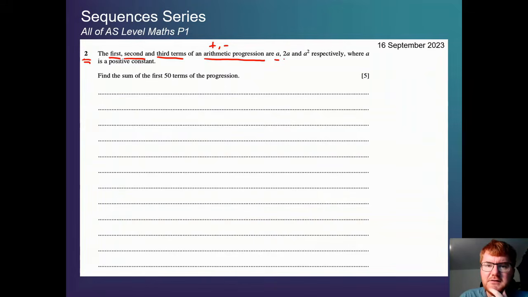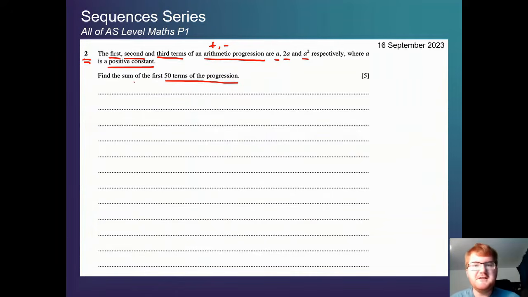And we have a, 2a, and a squared, where a is a positive constant. That's more important than we think as we go through the question, and we want to find the sum of the first 50 terms of the progression. Okay, so the first thing I'm going to do is just write down the progression a, 2a, and a